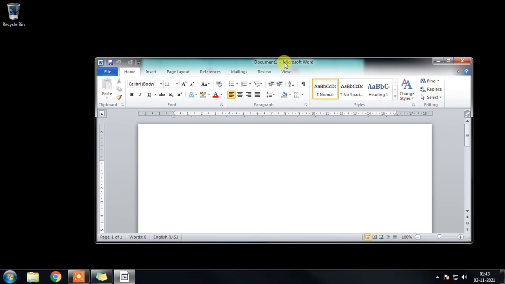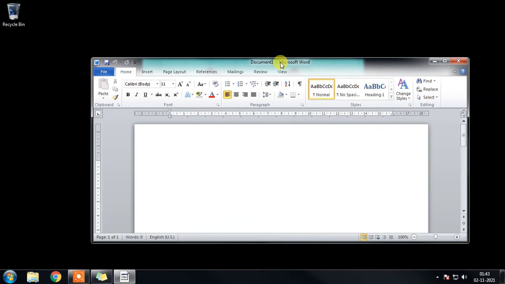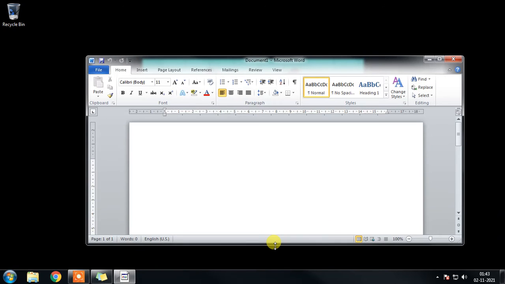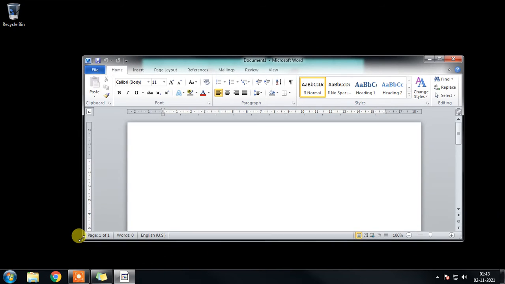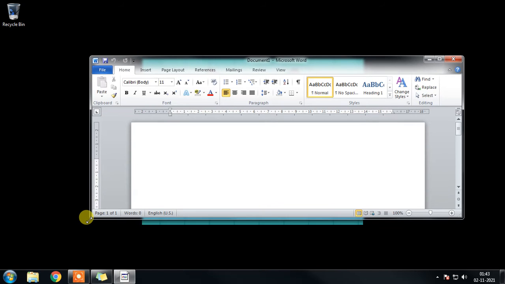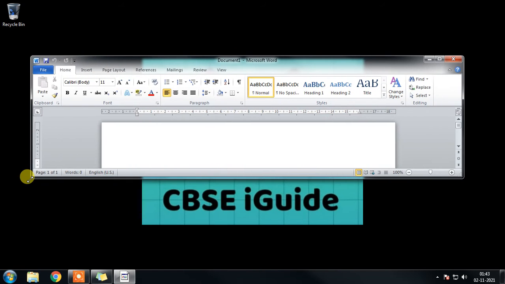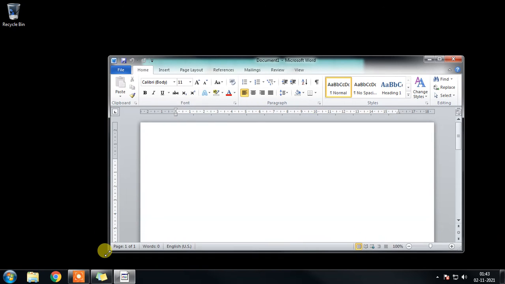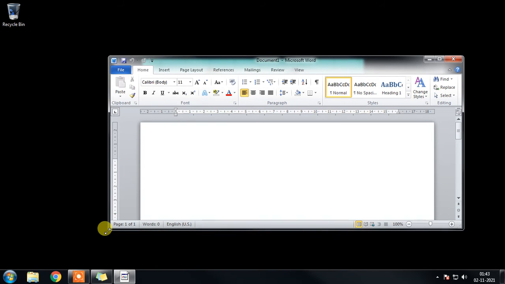In the same way, when you click on Size, when you select Size, again it will change into the four-headed arrow. In the same way we can use the arrow keys, and automatically it will change its size. We can resize the window this way by using the arrow keys. Now let's maximize the window.